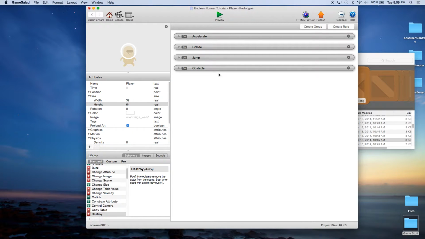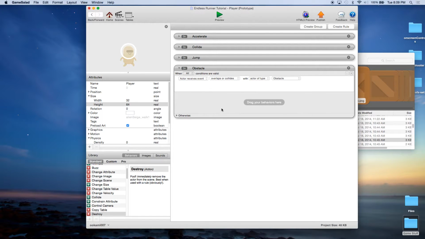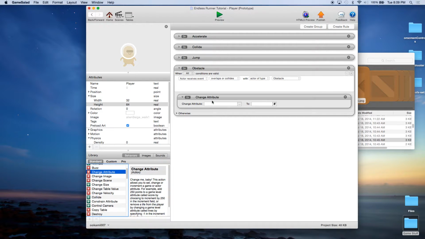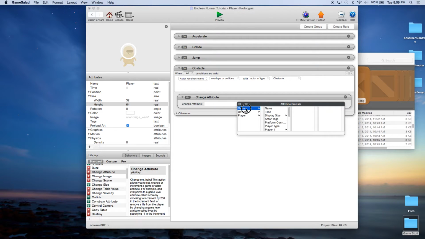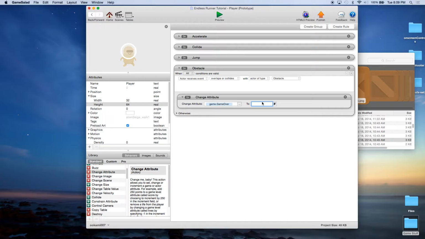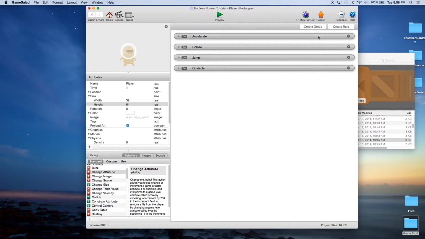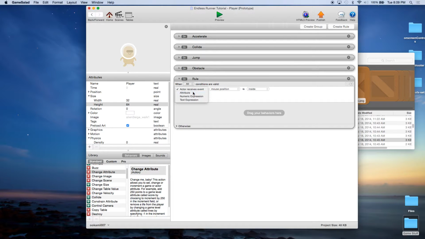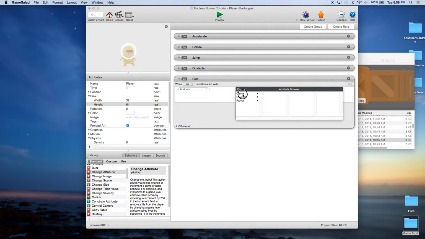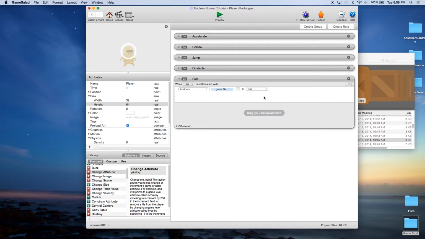The only other thing I want in here is, now that we have run into this obstacle, okay, we've created our attribute, so we're going to say if it runs into the obstacle, game over equals true. Okay. Now if the game over equals true, so attribute game over is true,